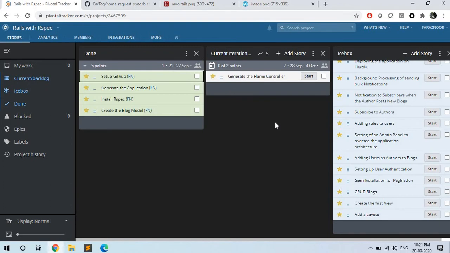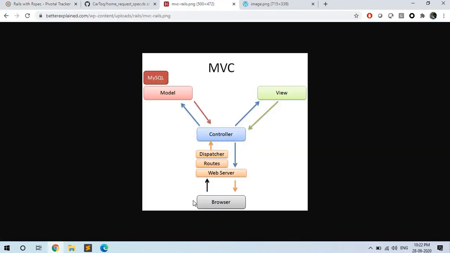So in modern web development, every application follows a pattern called MVC. MVC stands for Model, View, and Controller. So this is a traditional MVC diagram. The user begins at this part, that is the browser part. Whenever you request any website, say facebook.com, your browser resolves facebook.com's IP and it hits Facebook's web server. The web server then looks into the routes of your remaining path,